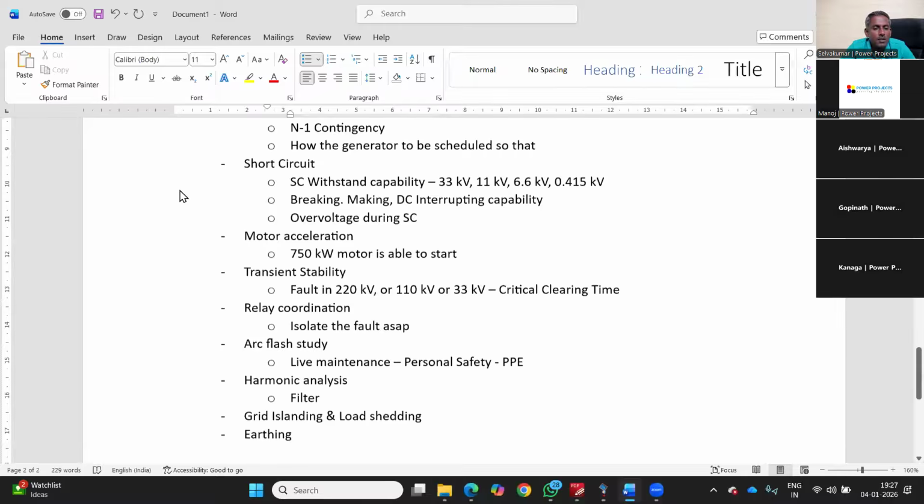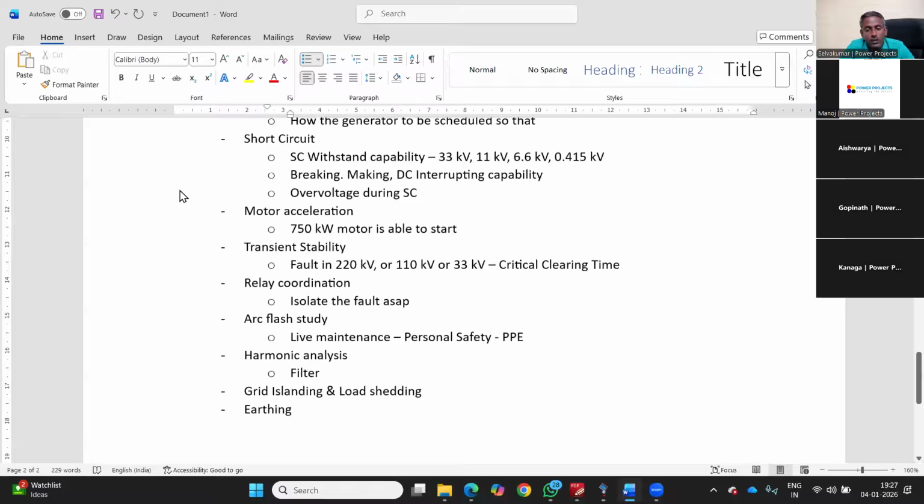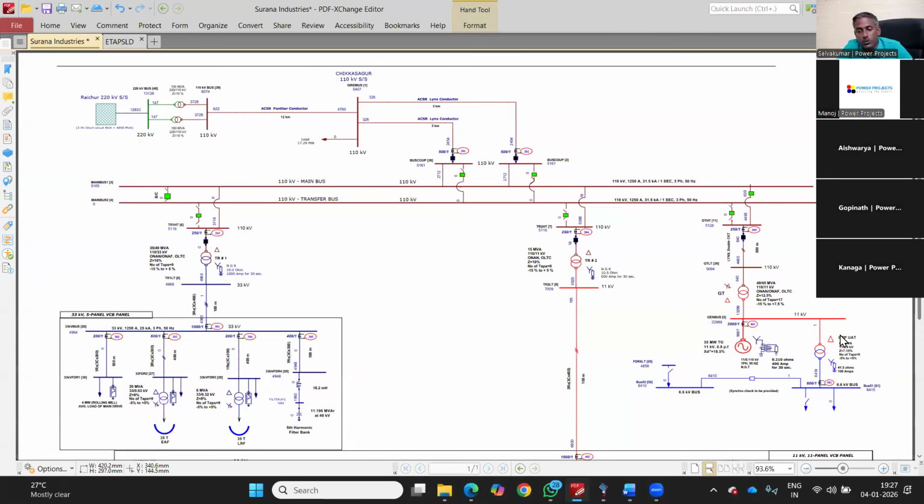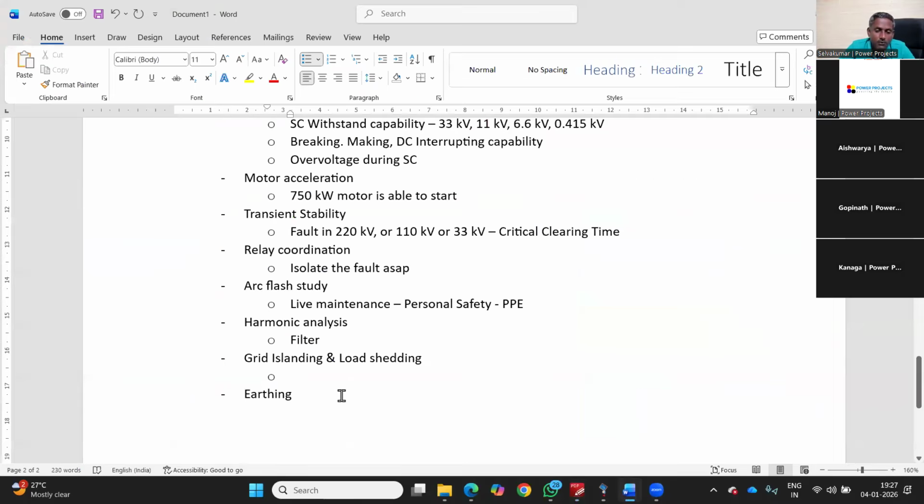If suddenly the grid fails, or if there is a fault here, probably this breaker and this breaker will open. How does the system come to standalone mode and feed the loads which are needed? And if the generator is not capable of feeding the loads, how should load shedding be done to maintain the voltage and frequency constant? And when does the generator AVR have to move from MVAR control mode or power factor control mode to voltage control mode, and when does it have to move from droop mode to isochronous mode, which is constant frequency mode? All these things come from grid islanding, and of course earthing,